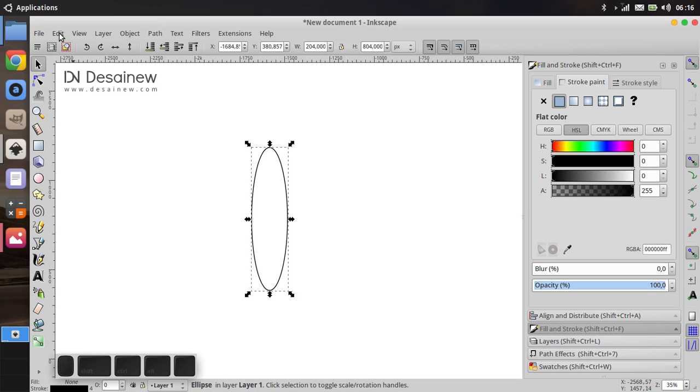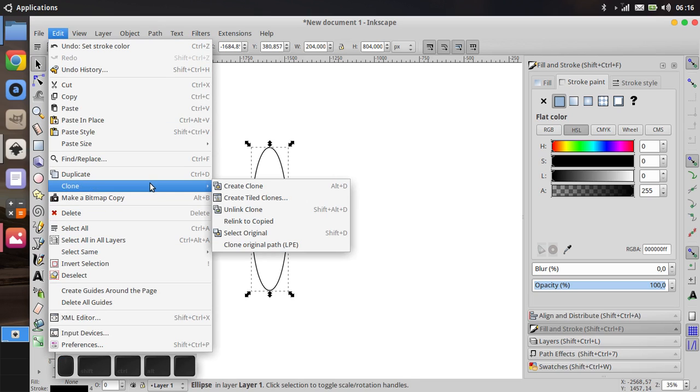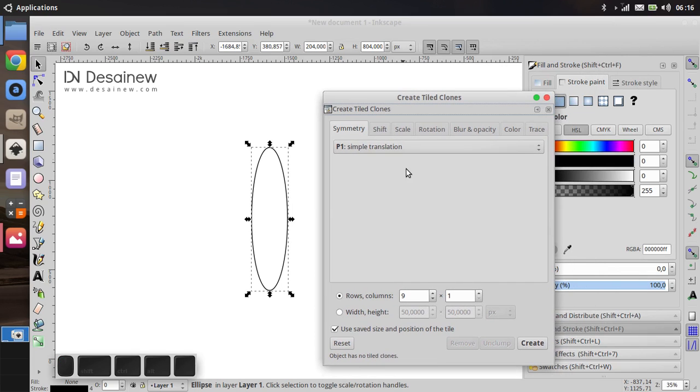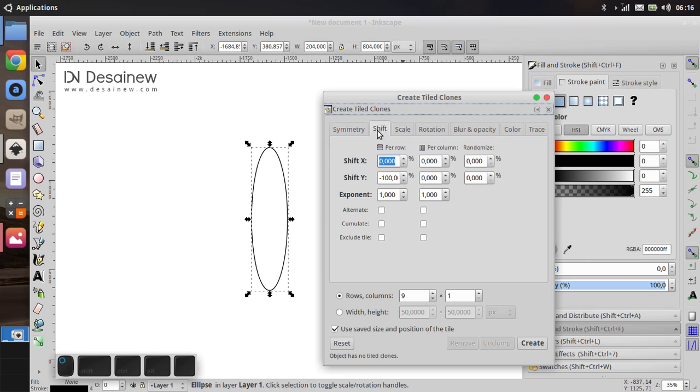You can click the Edit menu and choose Clone, and choose Create Tiled Clones. For symmetry we choose simple translation, and in the Shift tab, for Shift Y per row, fill minus 100%, and move to the Rotation tab.